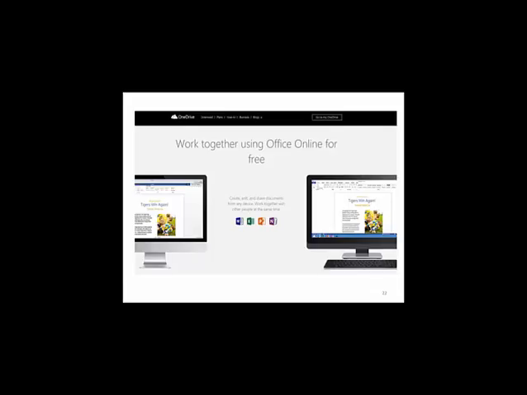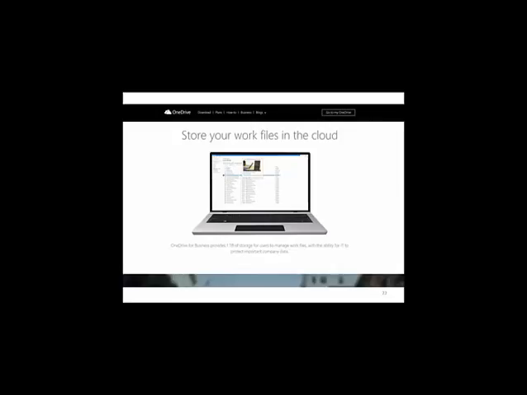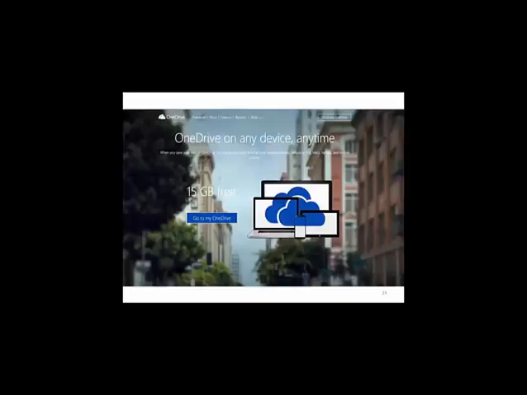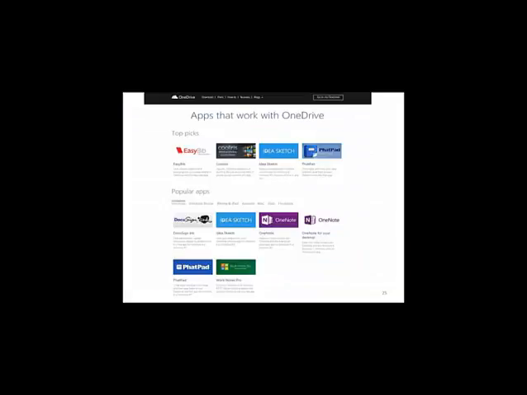And you wouldn't want to publish a book using the free online Office, but it is still fairly robust. Store your files in the cloud, just like Google. 15 gigabytes free. I mean, this is just paralleling the Google Drive, Google Docs. And again, if you're using mobile devices, this is a very good option.